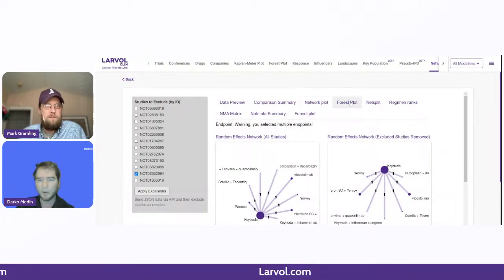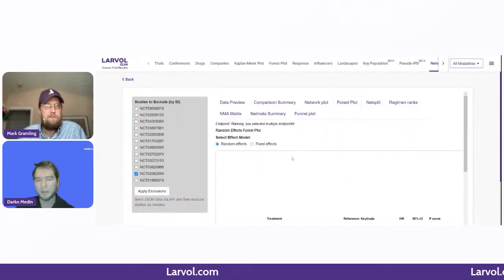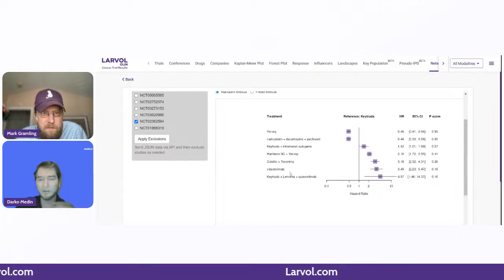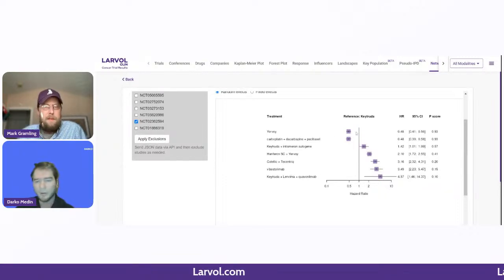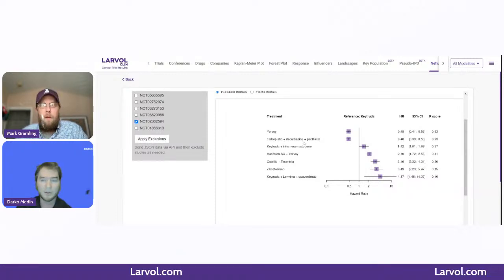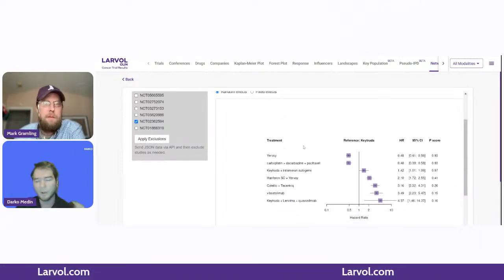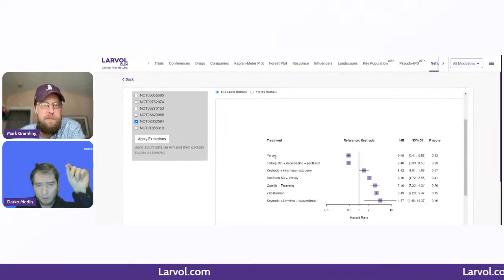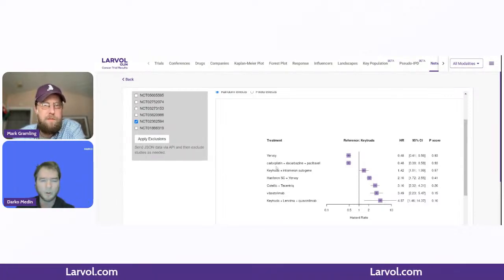We can actually show what a forest plot that would tell us which of these treatments performs best looks like. This is the example. So we can see everything that's to the left that has a smaller hazard ratio is actually a better treatment. So in this case, Yervoy is ranked as the best treatment. And then we can make a comparison, not just for the drugs, but also for combinations of drugs, for regimens. Actually, we can see a lot of pluses here. So there are different combinations.